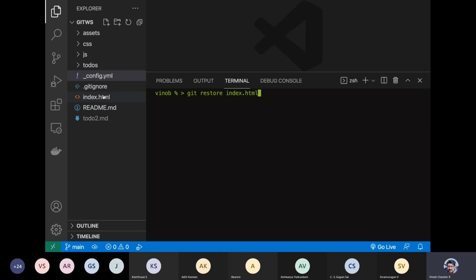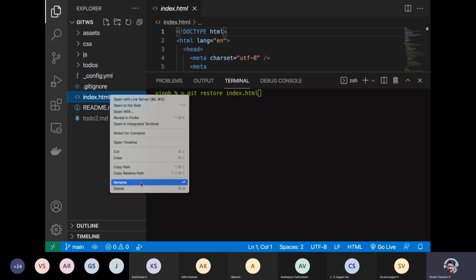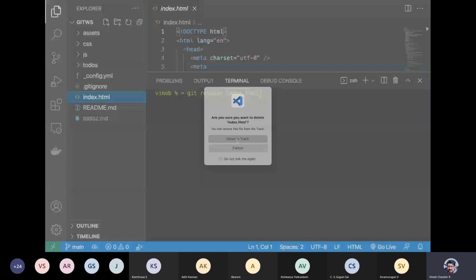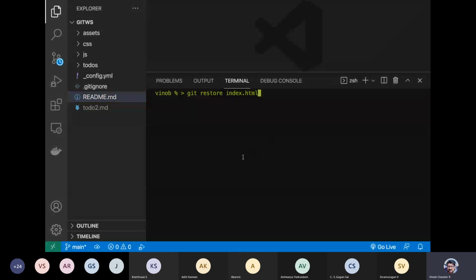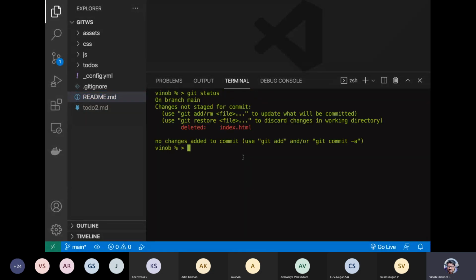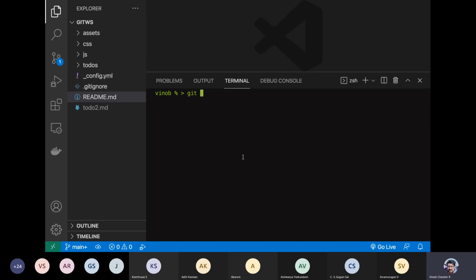Okay guys, now say for example, let me show you another thing. If I just delete this again and move it to trash, and if I do a git status, it says it has been deleted. Okay, say for example, by mistake you have done a git add and then you have gone to staging as well. So you have gone to the staging environment by saying git add and then dot. Now you are in staging, but then you realize that okay, that was not okay. So you do a restore 2 times, as we have already seen earlier, right? So now if you do a git status,